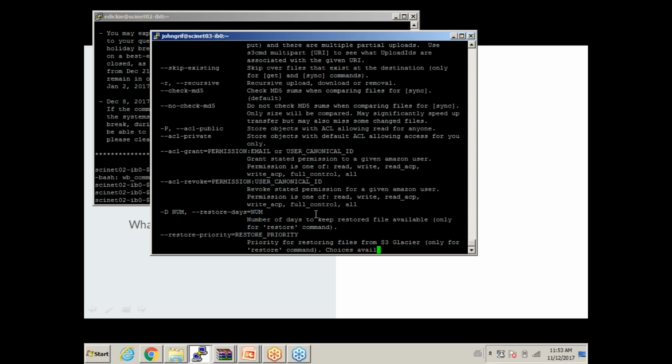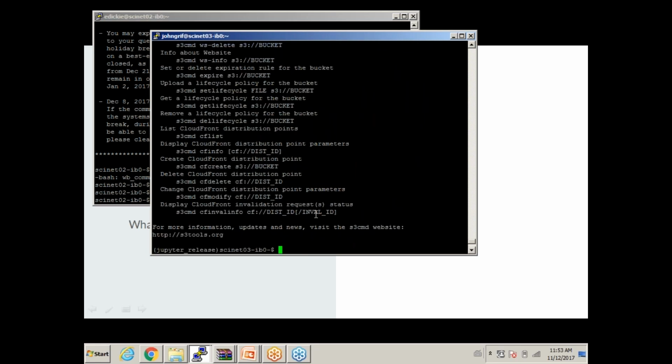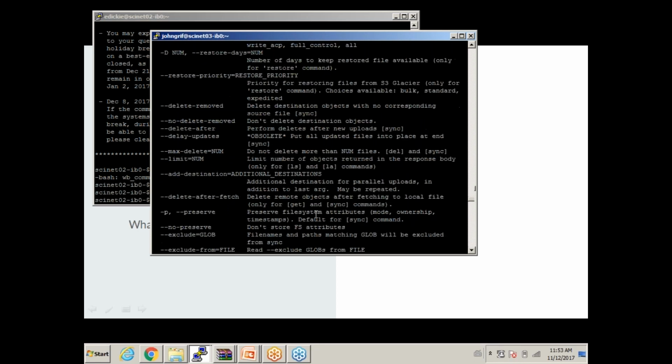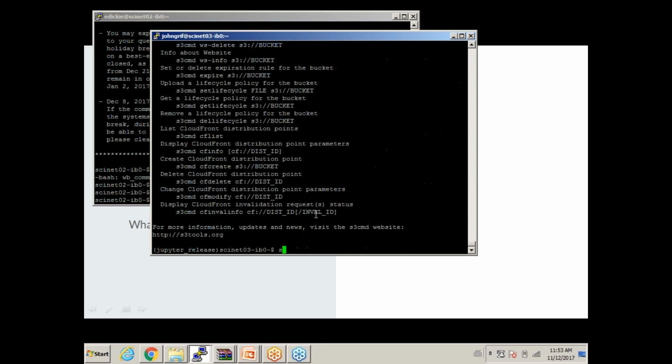Once you've got S3 command installed, there's a number of ways to install it. An easy one is to use Python: you can do pip install s3cmd if you have that installed. That's one option, but I think there's plenty of others. You need to put some files in your home folder, in your hidden folders in your home space, to tell it what your credentials are. But then, as I was saying in the slides before,